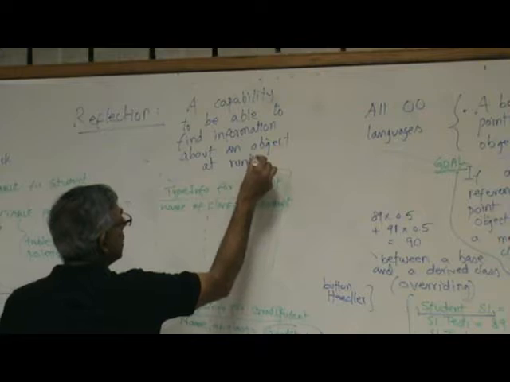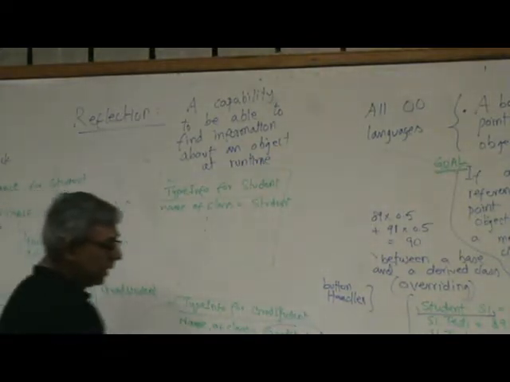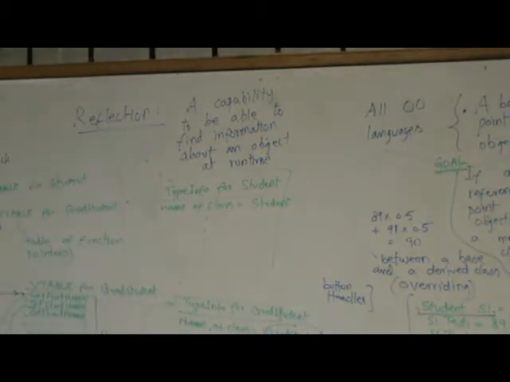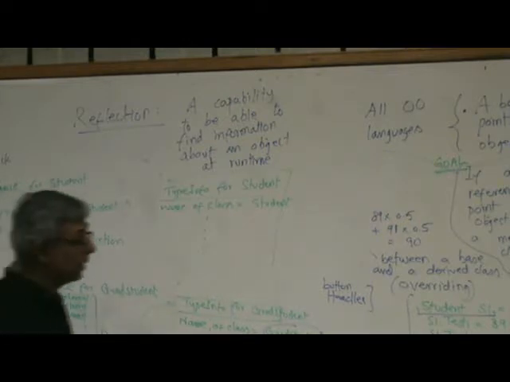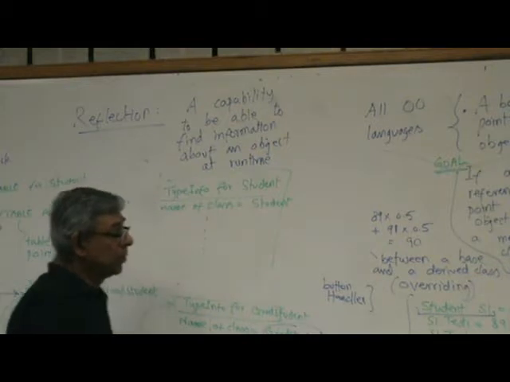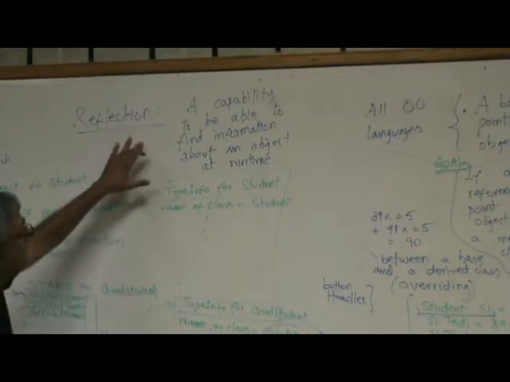So while the code is running, if you wanted to know, for example, in this method, which object is S1 pointing to? Is S1 pointing to a student, or is S1 pointing to a grad student in this method over here, right? So first, before I write the code, I'll show you in plain English